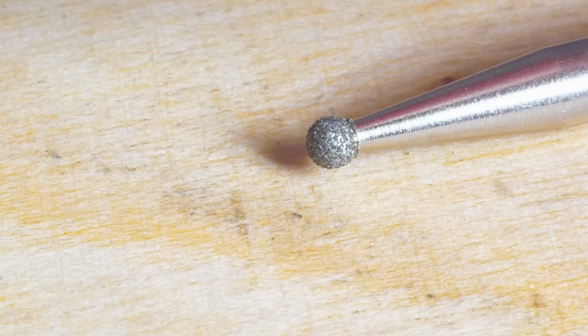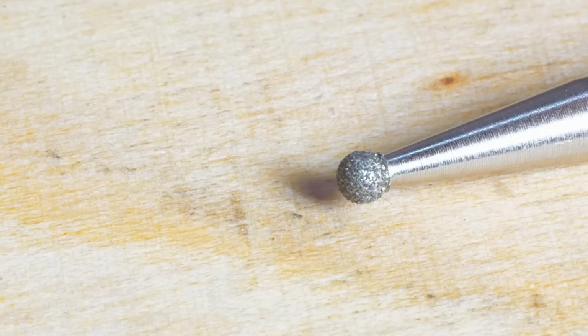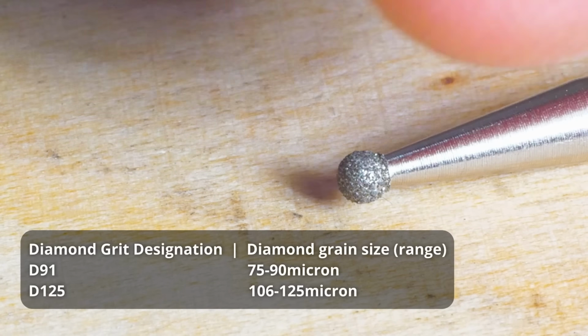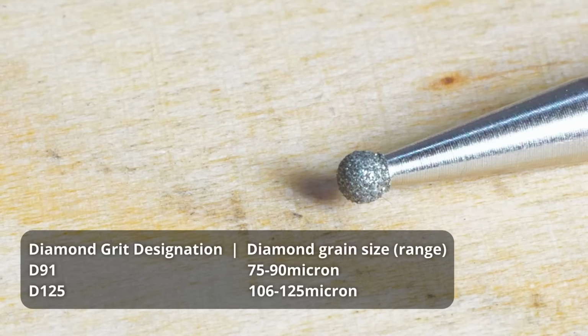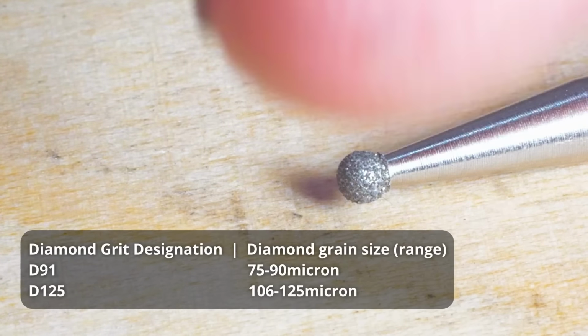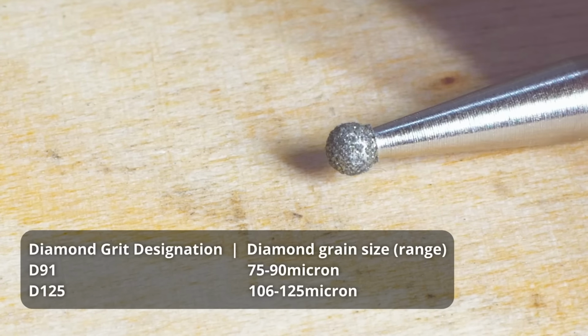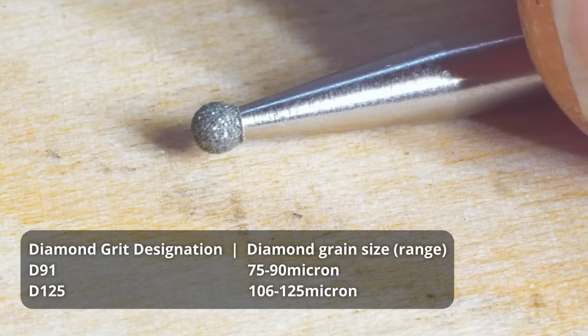This is D95. D95 or 125 gives the size of the diamond grain. On D95, the maximum size of a diamond grain on here can be 95 microns. There is a range to it. There is a fairly large range of the diamond grit size on here. I'll put it on screen. And yeah, this also worked marvelously well and still is in good condition and can be used to make more